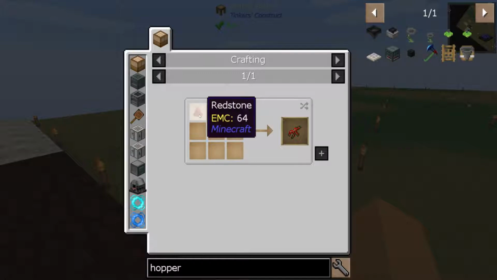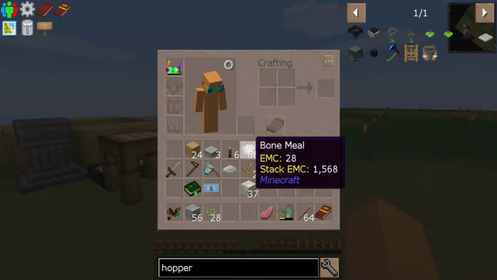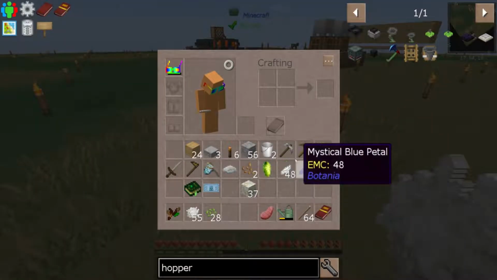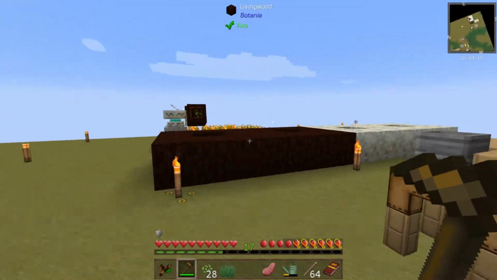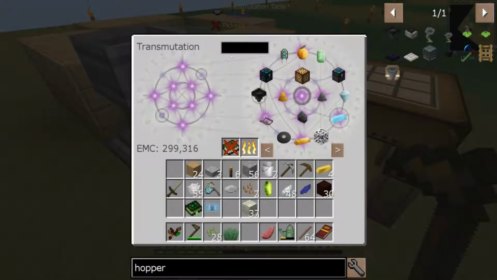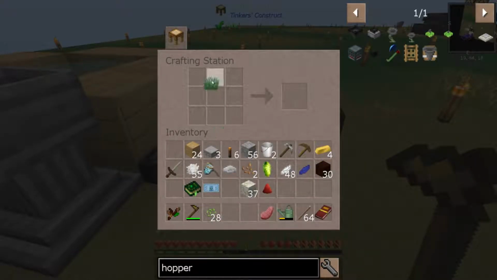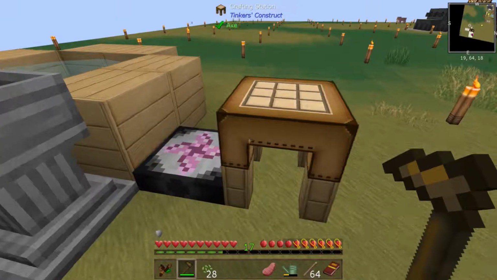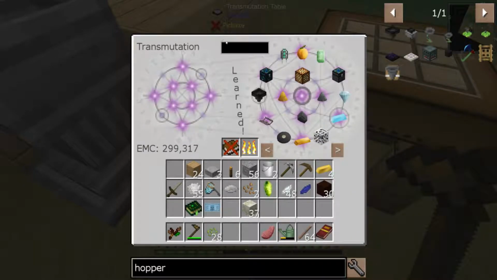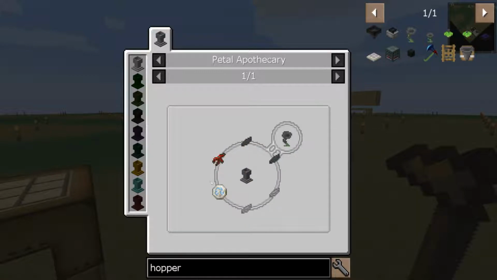What is this again? Grass and redstone. I can get grass. Do I have grass? I do now. Okay, so we have grass. I know I can get a redstone. That gives me a redstone root. Does that have it? No, okay, good. Anything that has an EMC, I'm going to throw in here and grab it. So that is nice. Okay, so we've got the funny little red thing,